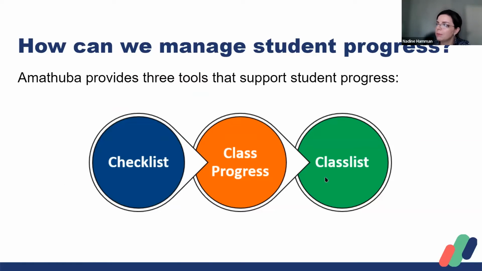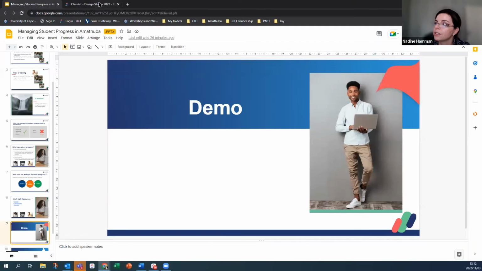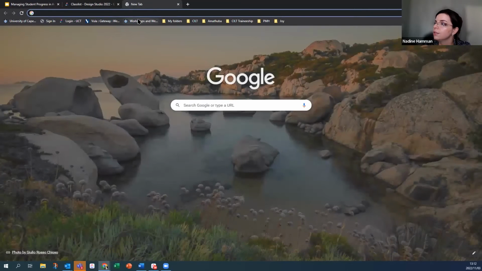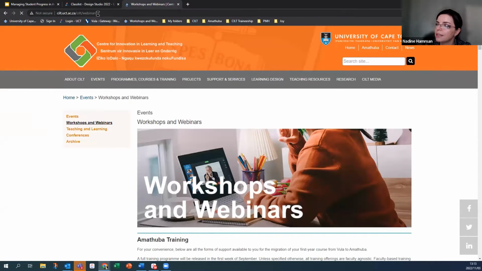Okay, so how can we manage student progress? The three tools, as we said. Today we're going to look at the checklist, class progress, and also the class list. As you're going to receive these slides afterwards, I've taken the liberty to link the SILT staff resources for each of these tools in the presentation. For those of you watching the recording of the video, you can literally access this. I'm quickly going to go out of my presentation and go into, seems like I closed the tab, sorry, but you can see if you just open SILT,